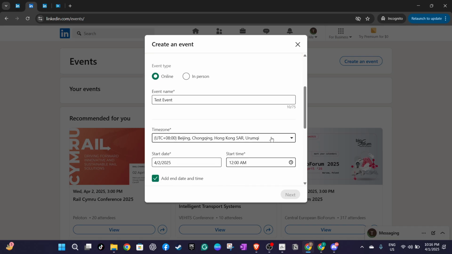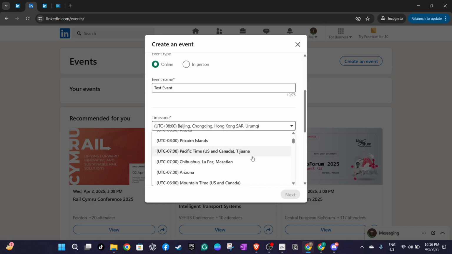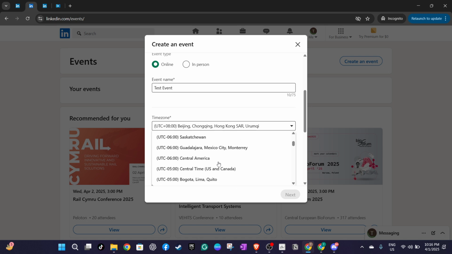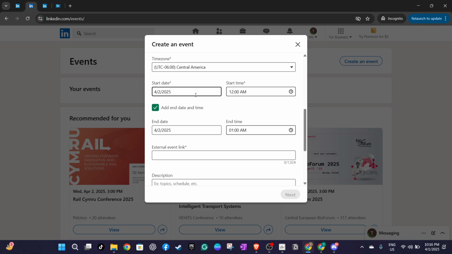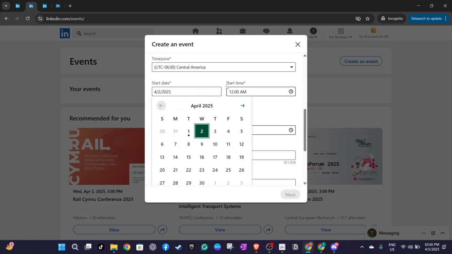Continuing with the setup, you'll need to enter a name that captures the essence of your event. Make it unique and informative, something that tells potential attendees exactly what to expect. Then set the date and time carefully, ensuring it doesn't clash with major events or holidays that might distract your